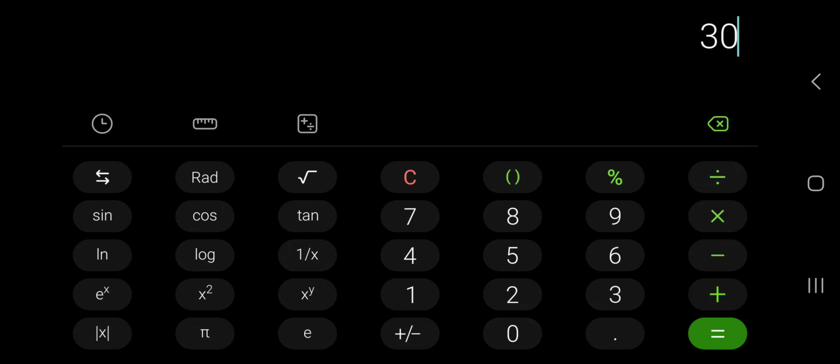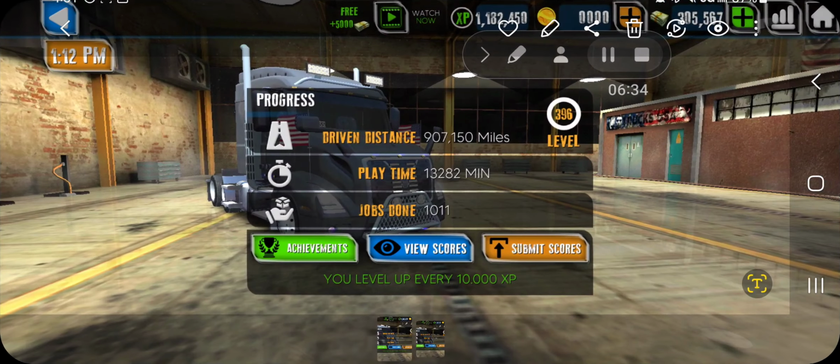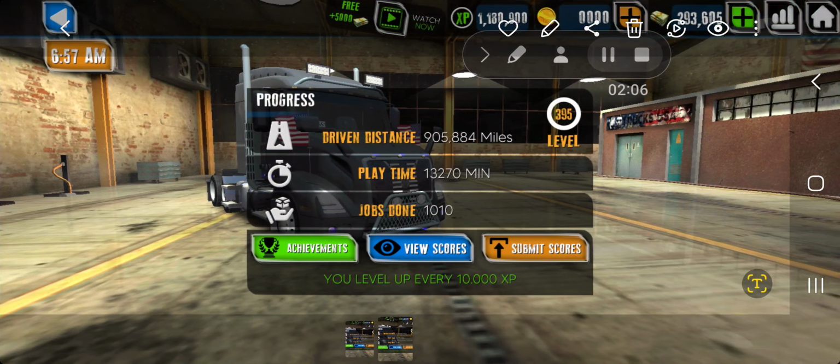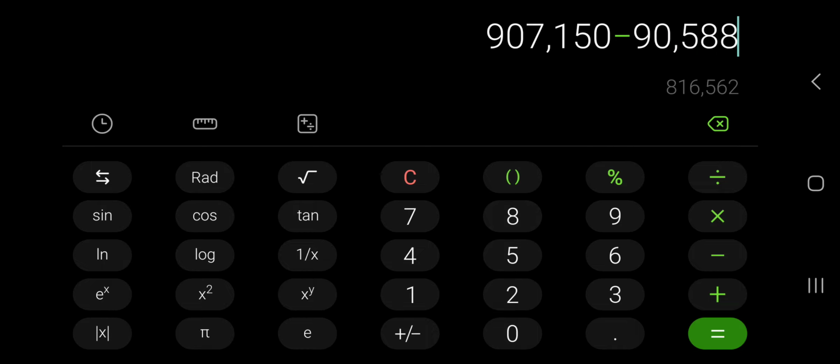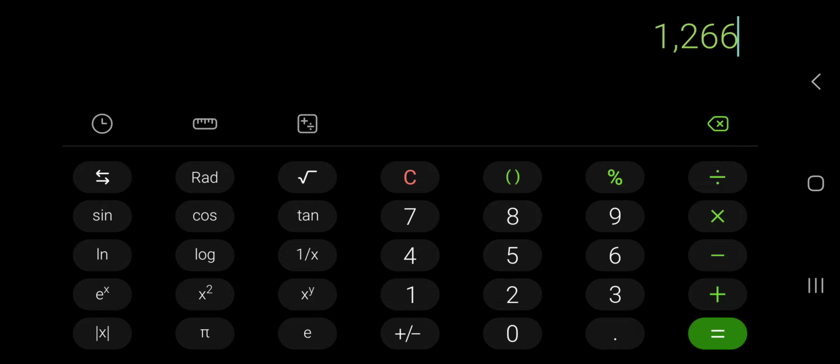So 907 and then 150 minus, as I put 307 instead of 907, so 907,150 minus what I started out at, 905,884. So 1,266 miles in 9 minutes and 5 seconds on Route 1 of just going out the snow-covered paved road out through there,